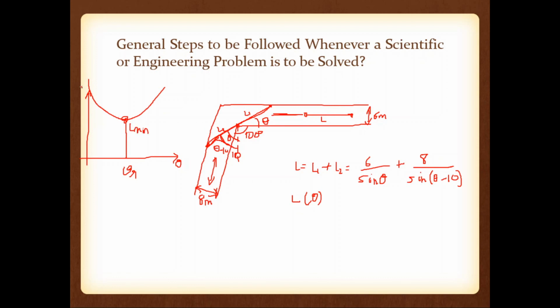You can see that here L is decreasing with respect to theta, and from this point L is increasing with respect to theta. So we are going to draw one more graph with respect to theta, that is dL by d theta. Here you can see that on this side L is decreasing, which means dL by d theta is negative. Then at this point, the change in length is 0, so dL by d theta is 0. Then it is positive.